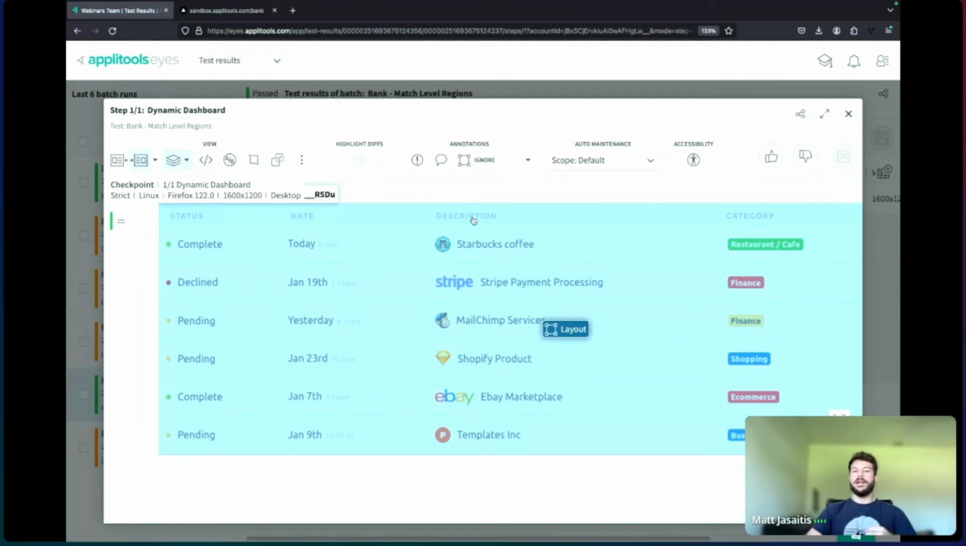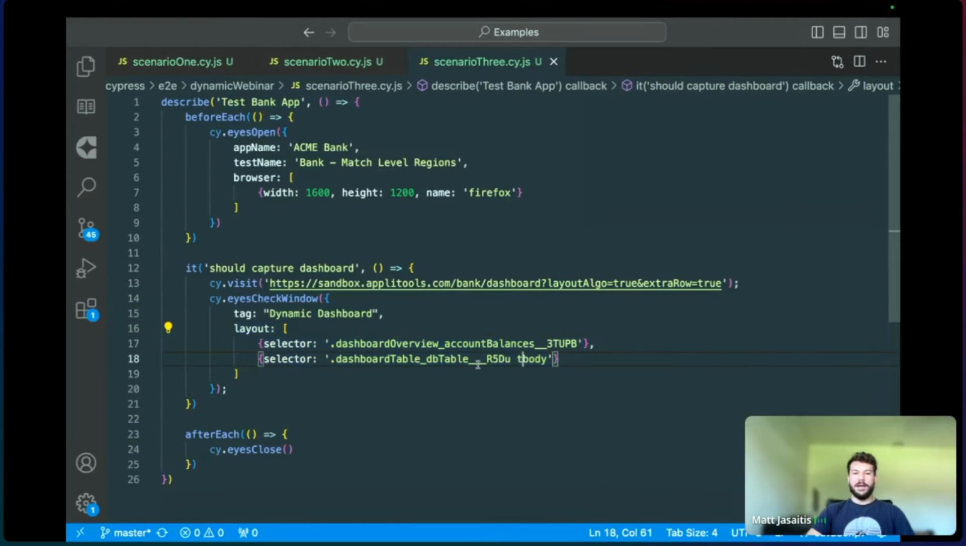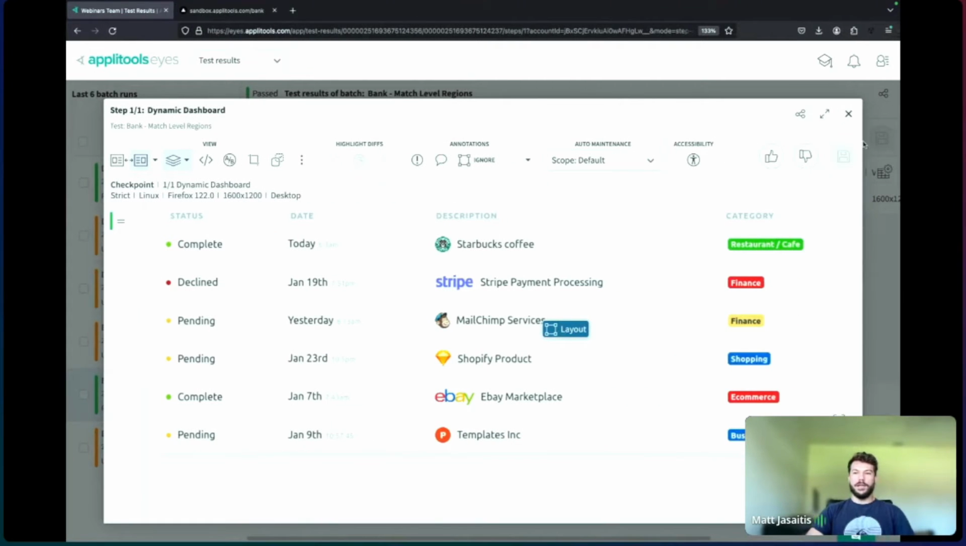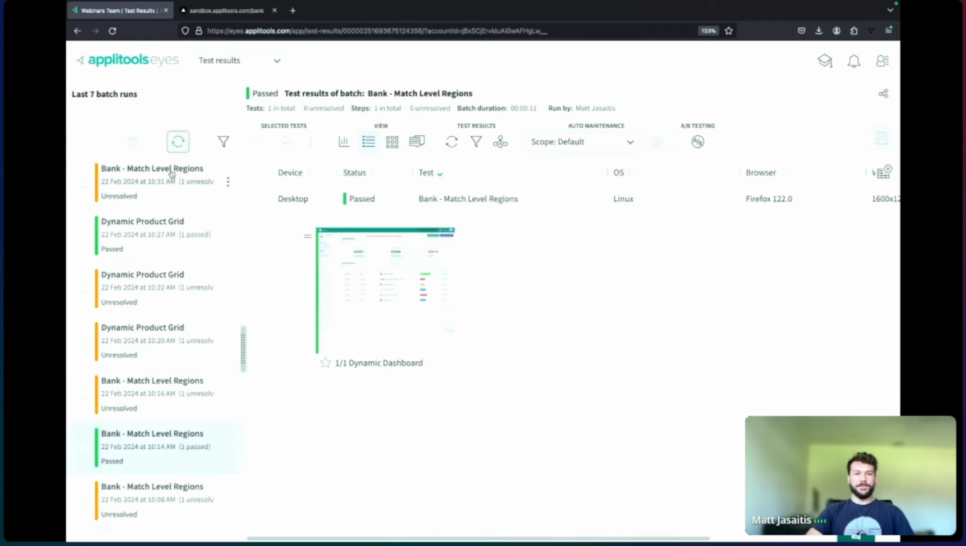We want to confirm that this says description. We want to confirm that this says status. We want to make sure that the layout algorithm isn't ignoring those content changes that are occurring. And so the other change that I made in this last scenario is I changed the selector to just be for the table body. So if we go to look at the new test that I just ran,